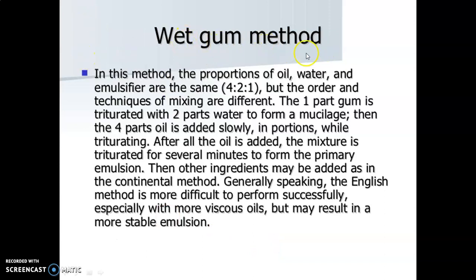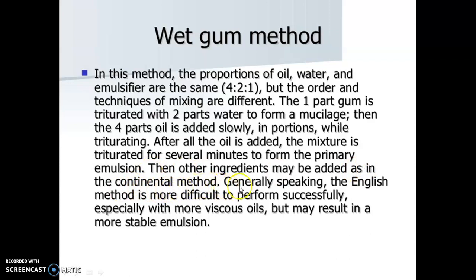Then the second one, wet gum method. In this method, the proportions of oil, water and emulsifier are the same, 4:2:1, but the order and techniques of mixing are different. The 1 part gum is triturated with 2 parts water to form a mucilage. Then the 4 parts oil is added slowly in portions while triturating. After all the oil is added, the mixture is triturated for several minutes to form the primary emulsion. Then the other ingredients may be added as in the